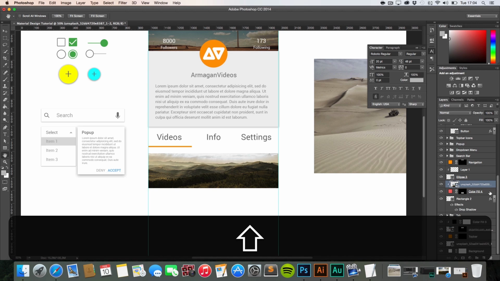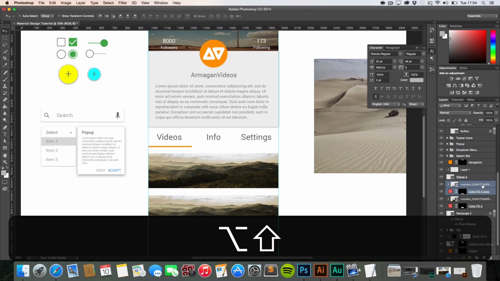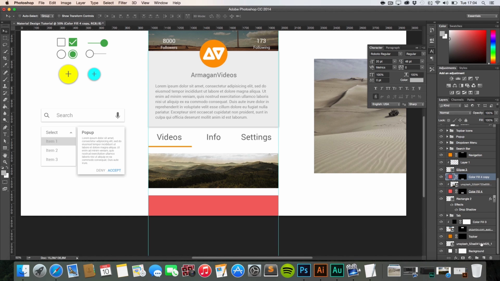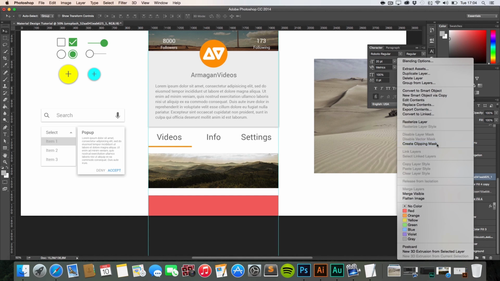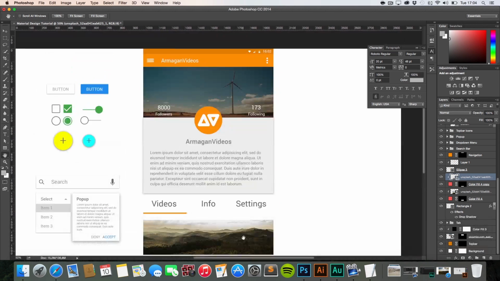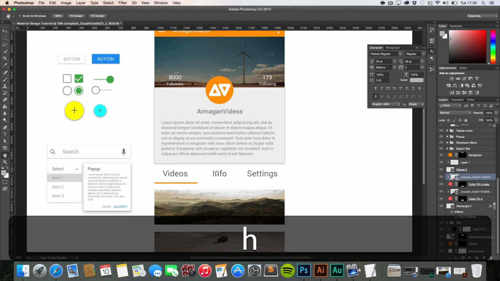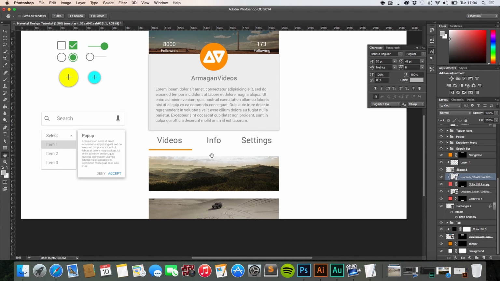Do the same with the other image, just delete this one, bring it over, create clipping mask, just like this. Now you can get rid of the guidelines again because now you can see them. And now we need to add something like another color background right here, give it a shadow and give our